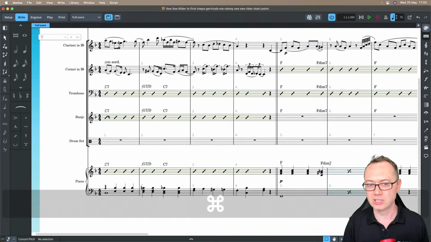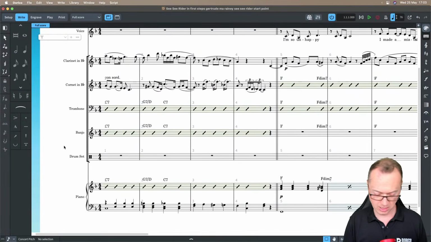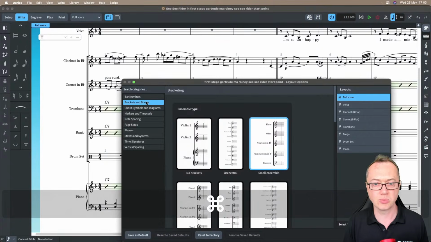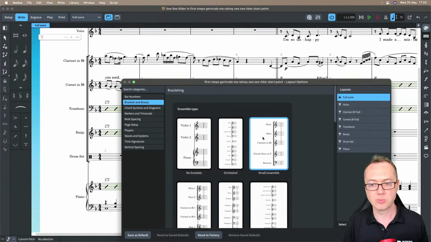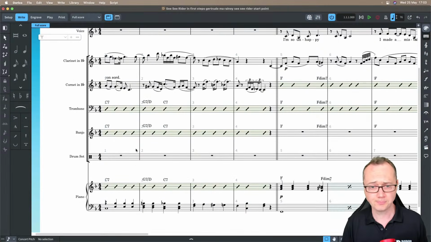And I don't actually want that. But you'll notice the voice isn't. Now the reason the drum kit is, is because in layout options in brackets and braces, this particular piece is bracketing following the small ensemble rules. You could change it there, or if you just want to remove that one, here's a neat trick, which is